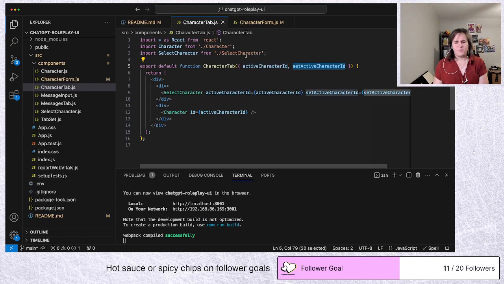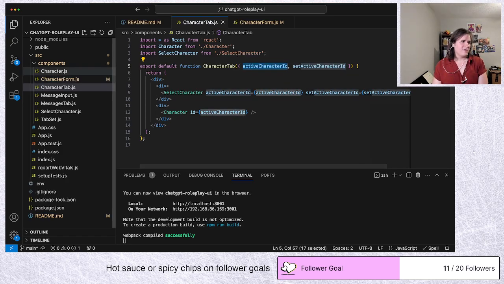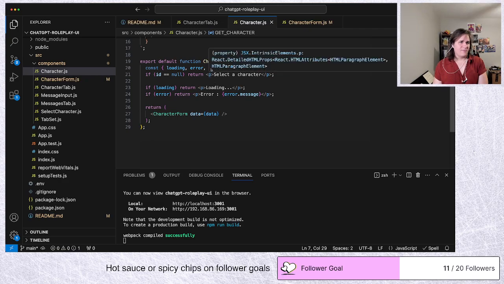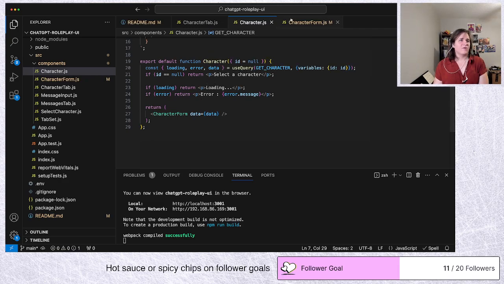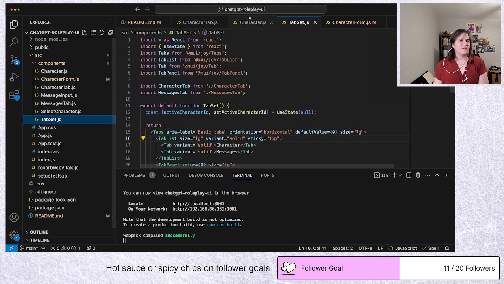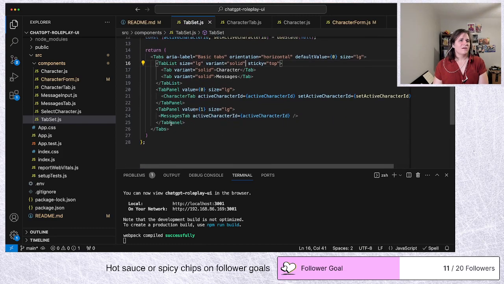So the state management stuff is being passed in, I think, from character. Character form. Okay, sorry, I get a little lost in the code labyrinth. So the top level is tab set. Tab set is rendering character tab